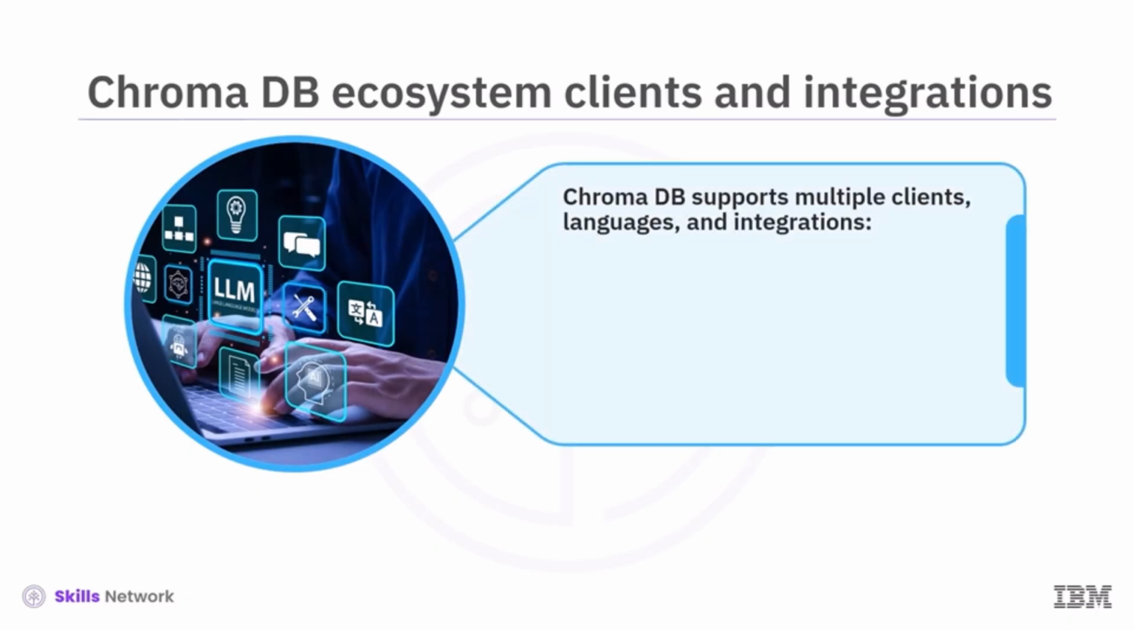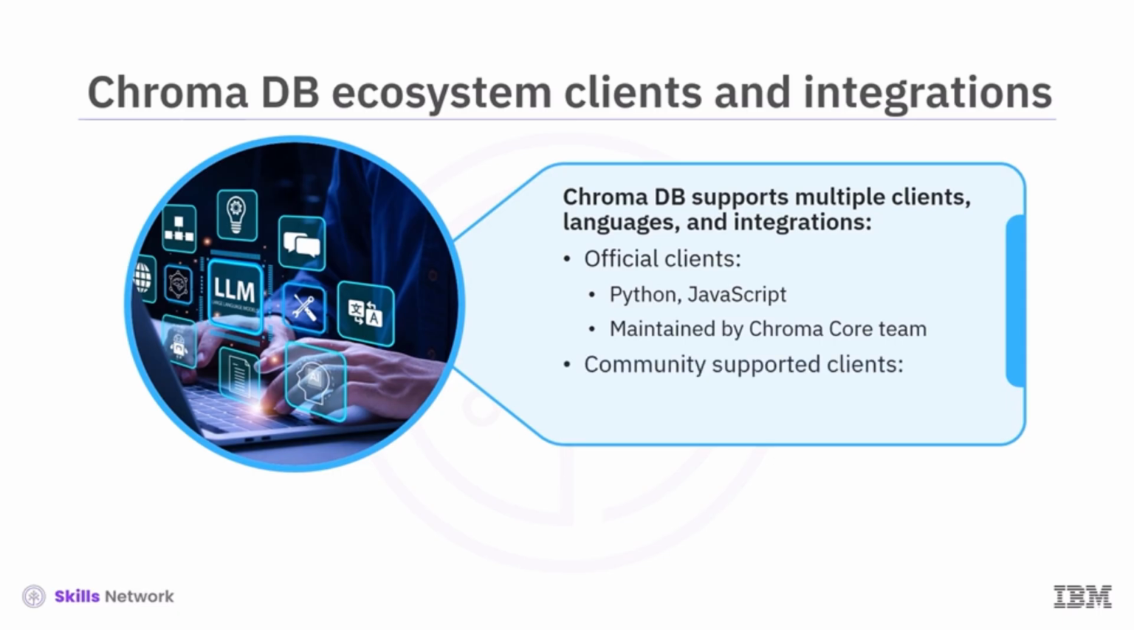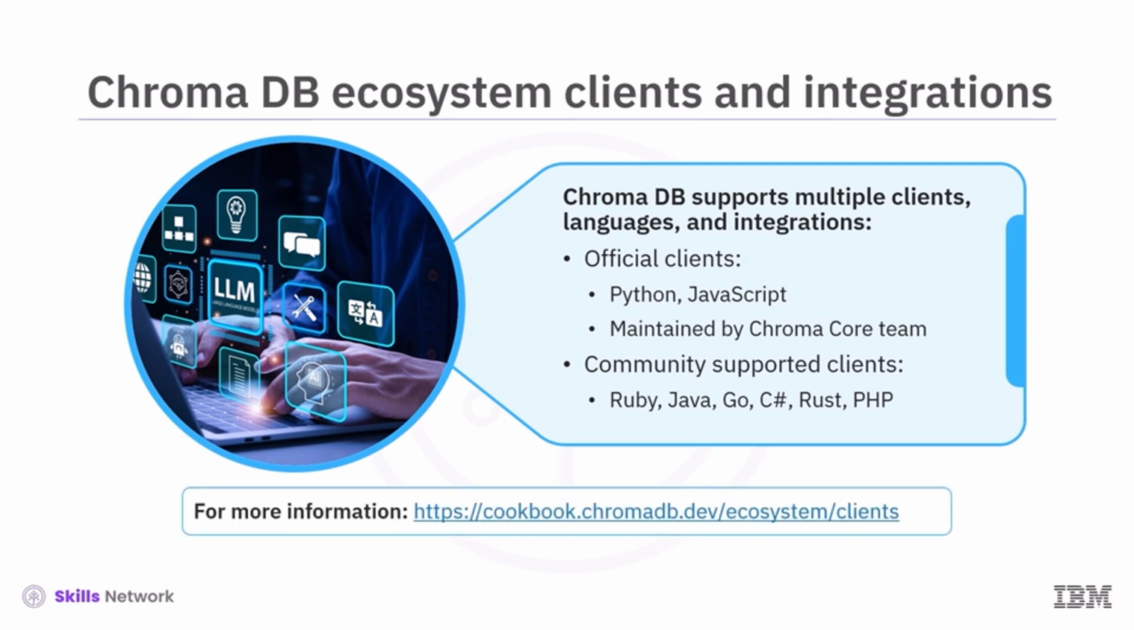ChromaDB supports multiple clients and integrations. The officially supported clients for ChromaDB are Python and JavaScript, and these are maintained by the Chroma core team. There are also several unofficial community-supported clients for ChromaDB, including Ruby, Java, Go, C#, Rust, and PHP. For more information on these clients and their supported features, visit the Chroma Ecosystem Clients page in the Chroma Cookbook